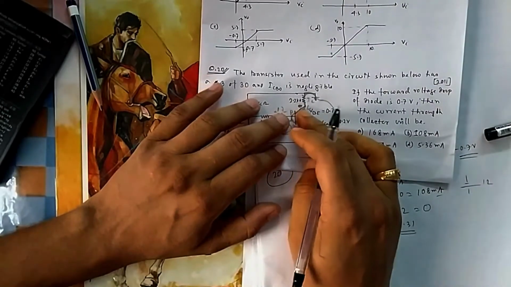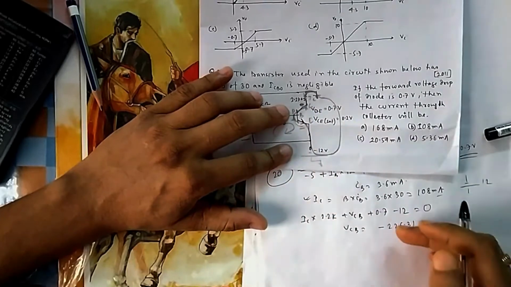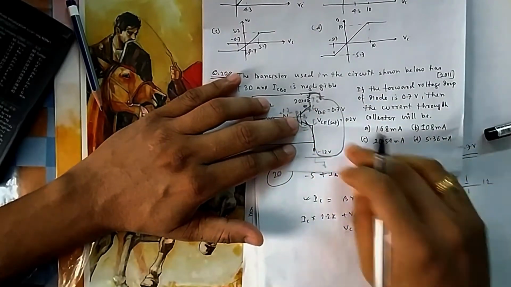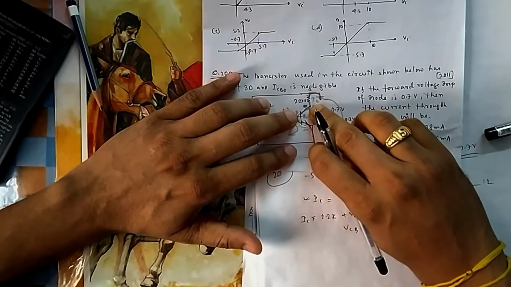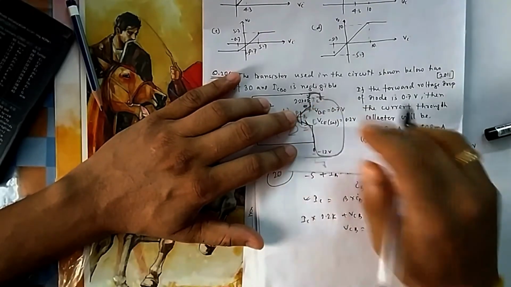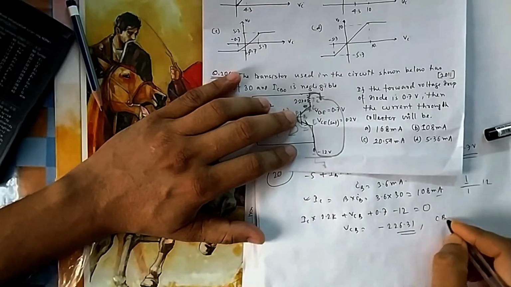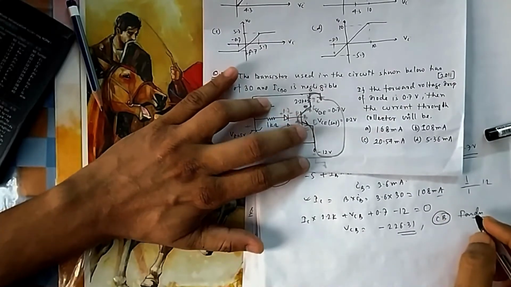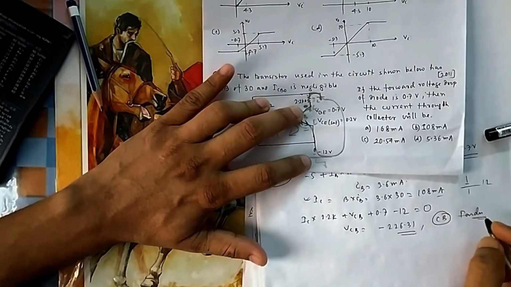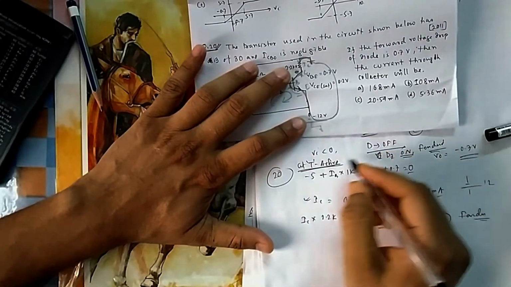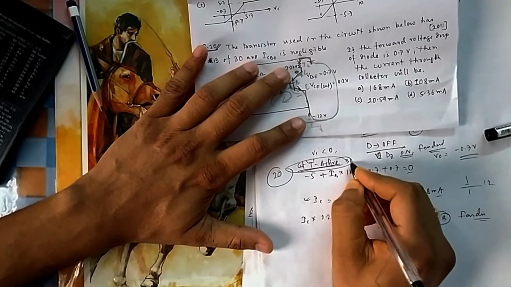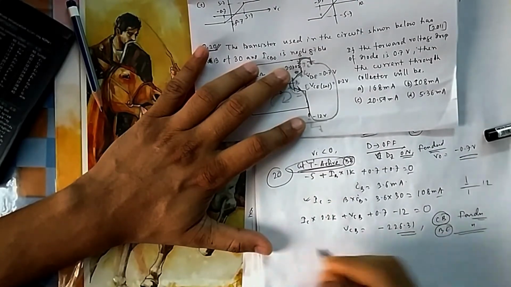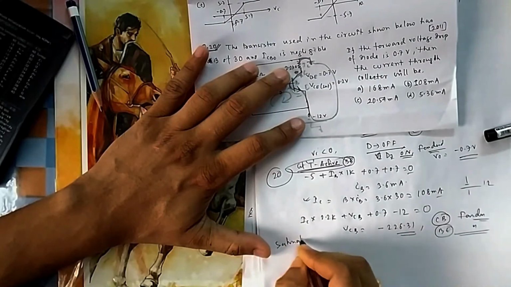So you are getting negative voltage VCB. Negative means, because for VCB I considered C positive, but it is negative. That means this is negative, this is positive. So it is forward biased, which means your collector base junction is forward biased. Base emitter is already forward biased, because I have considered active region. Base emitter is always forward biased. So both junctions are forward biased. That means the transistor is in saturation.